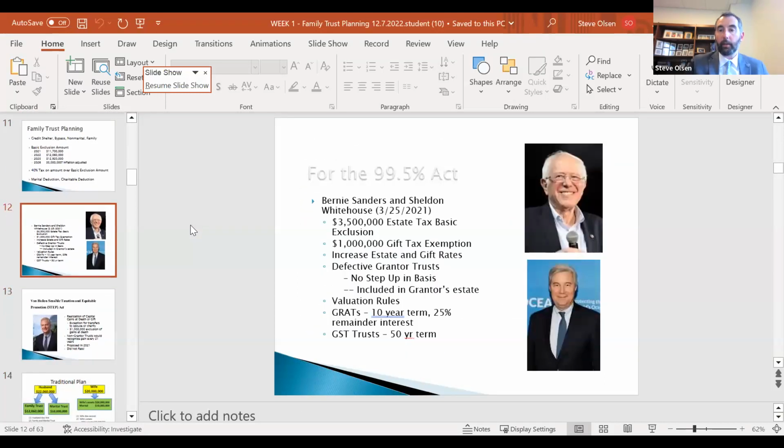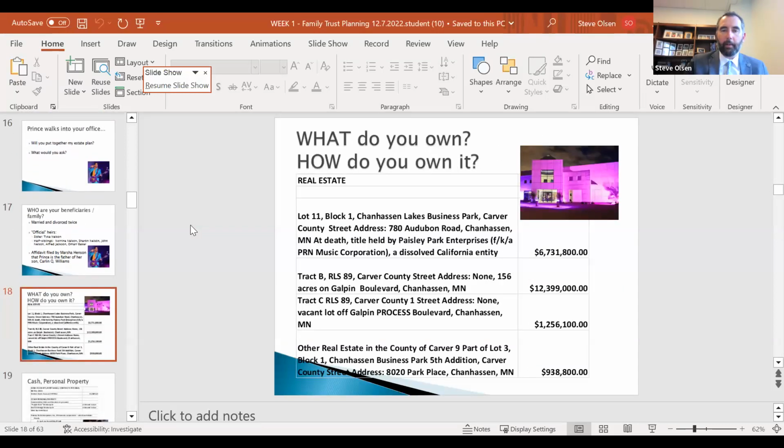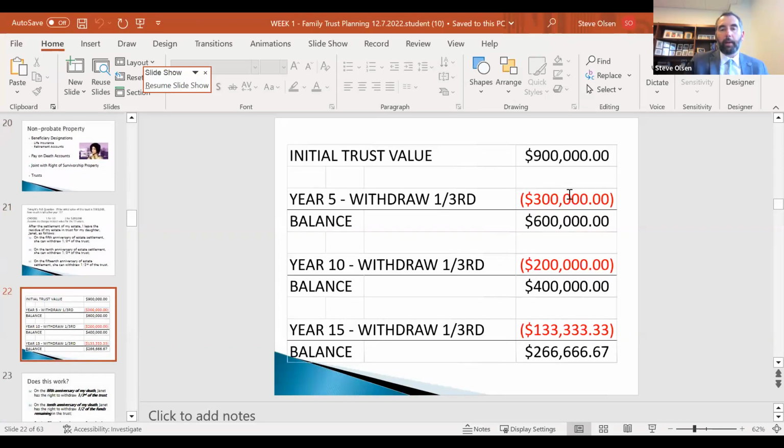new tax laws that have been proposed and how they could impact wealth taxes, basics of estate planning. As I mentioned, a bit of discussion about Prince's estate, the value of his assets. And then you see here, we've got a slide where this was a poll question. So there was discussion about how this language would actually impact the distribution of assets, followed by an explanation of what